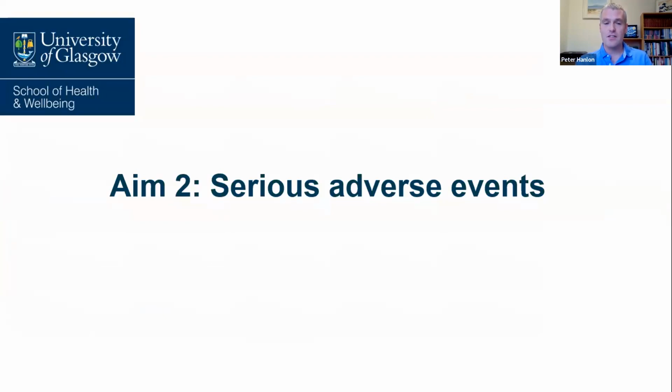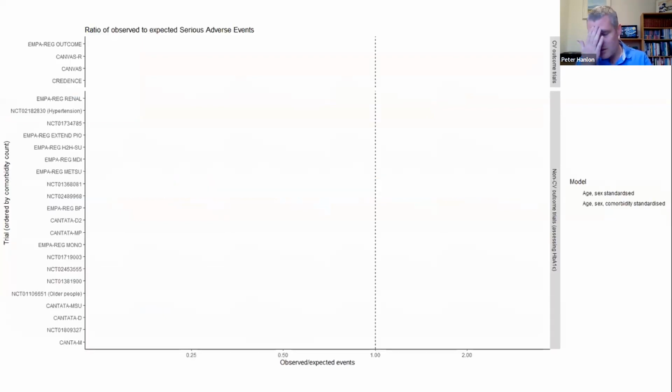We then looked at serious adverse events. So this is, like I say, any hospitalization or death causing event in a trial would be classified as serious adverse event. And basically what we did was, in each eligible population, we calculated the expected number of serious adverse events, the expected number of hospitalizations and deaths, based on the age and sex distribution of the trial that we would have expected from routine care. And if the trial was representative, you'd expect the number that actually occur in the trial to reflect the number of hospitalizations and deaths that occur in the community among people that would have been eligible for that trial. And if that's the case, then the dots would lie on that central line there.